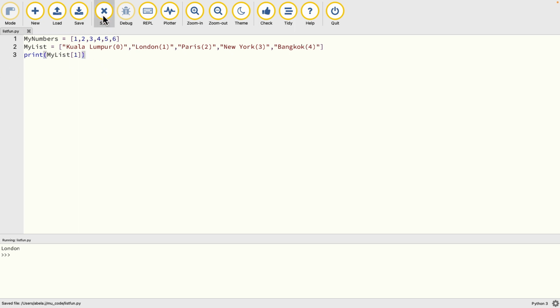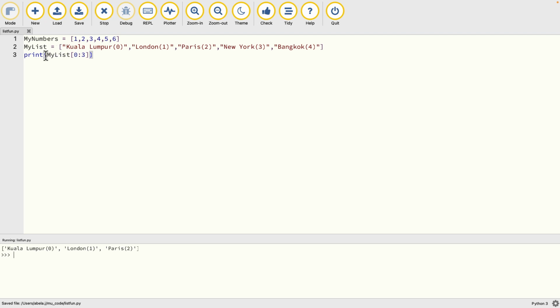Now when I print my list 1, you can see that I've put London 1 in there just to make things a little bit easier for you to see what is going on. And if you've done any string analysis, you can do exactly the same as you would with strings. So we can very easily print from 0 to 3. And I'm just going to do that now,